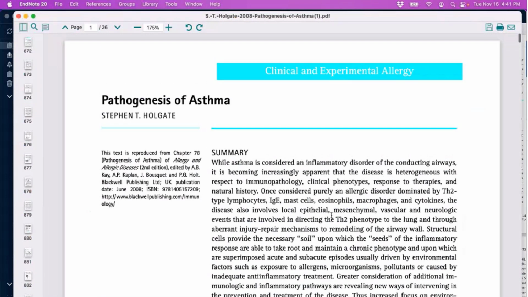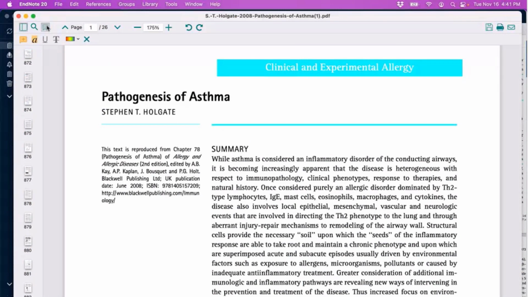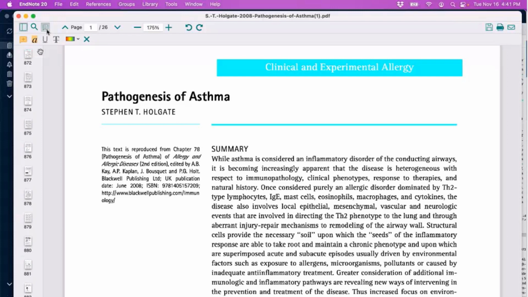We can read the pages similarly to how you could in the EndNote Click Locker. But the difference here, that sort of functionality that's not present in the EndNote Click Locker, at least as of yet, is that you can add PDF annotations to your articles. So if you click this little icon, this little speech bubble on the PDF viewer toolbar, you see the options here.